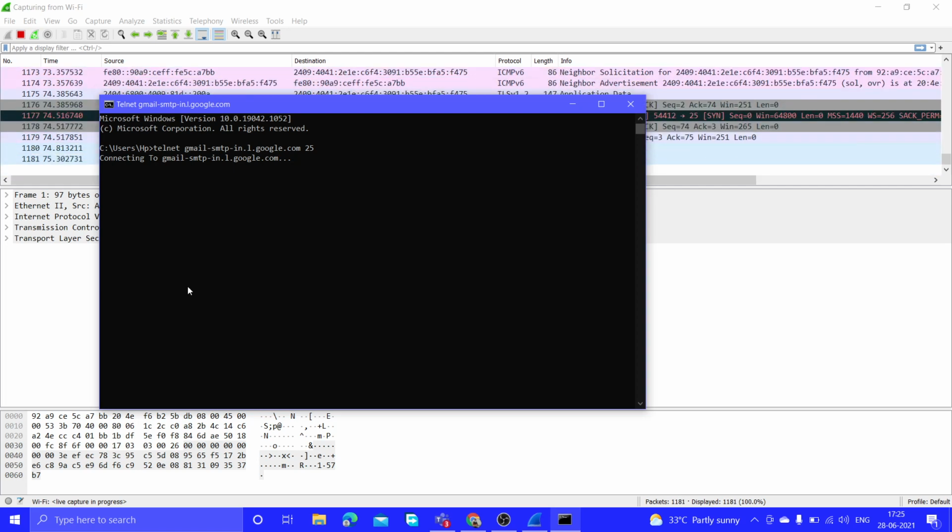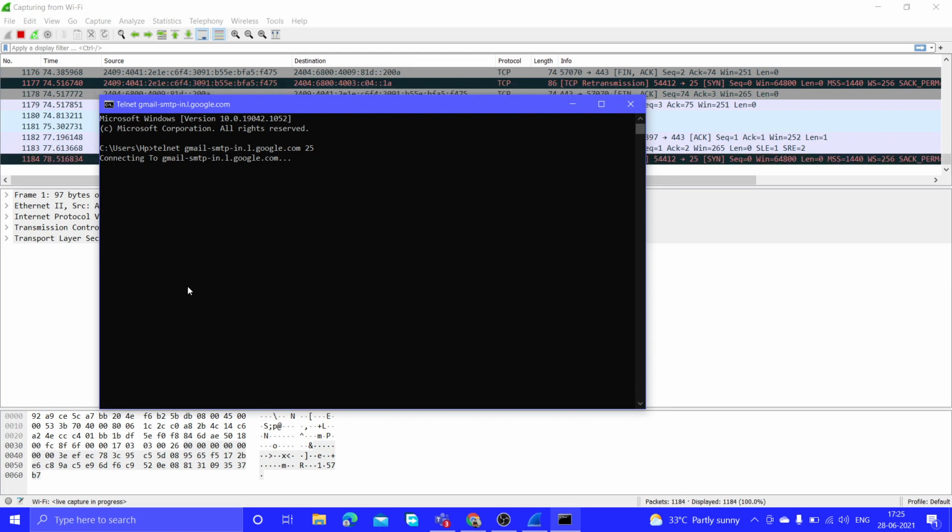Basically it's showing the connection is being made.